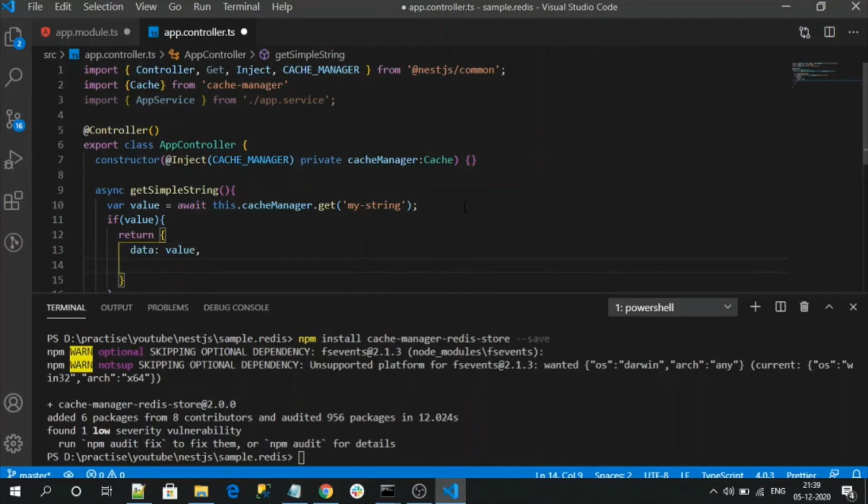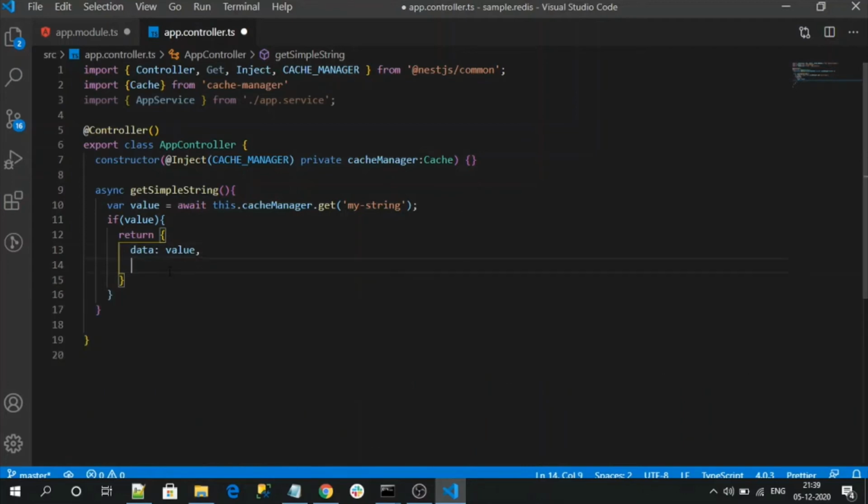For our understanding of whether the data is loading from the cache or not, we will create one more property. I will assign it as Redis cache, right?